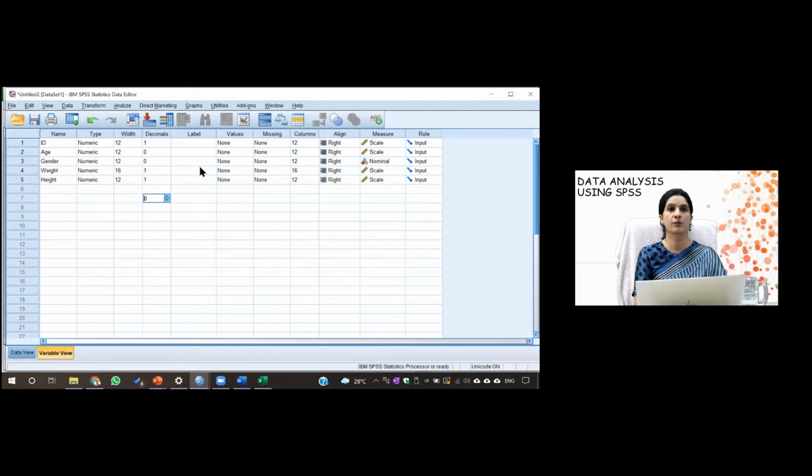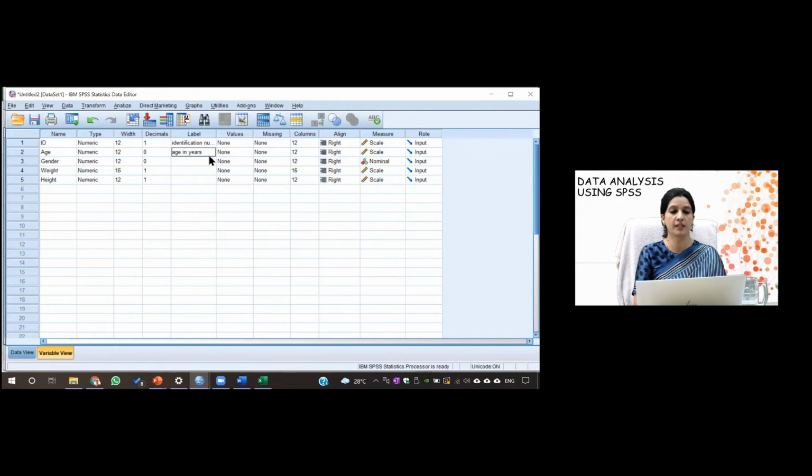So you need to write it here. So again, you have to write, this is the identification number. You have to give the description of the variable because in the Excel sheet that is not there. So identification number, you have to write like that. Age is like age in years. Gender and height and weight you have to write. So you have to write the label here when you import the Excel sheet in SPSS.